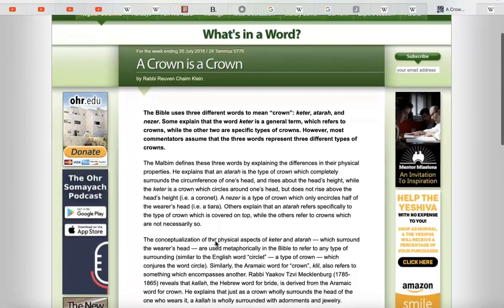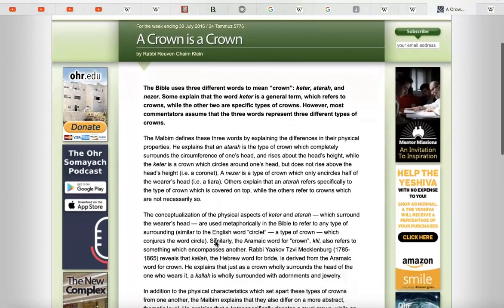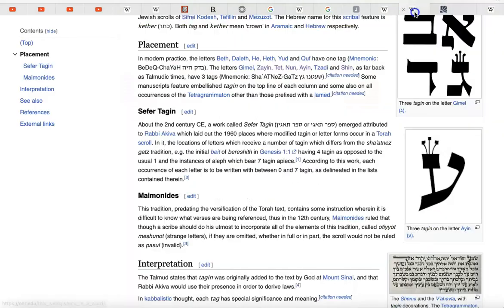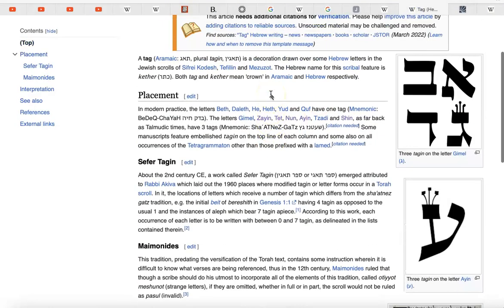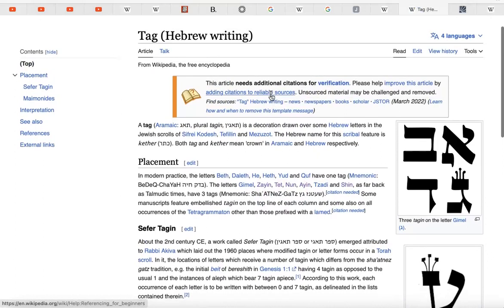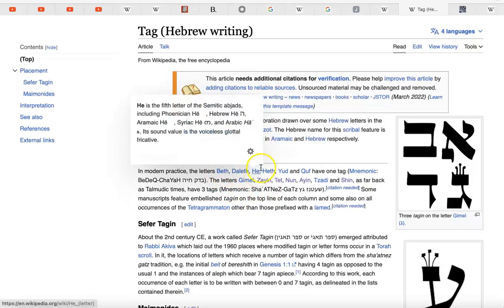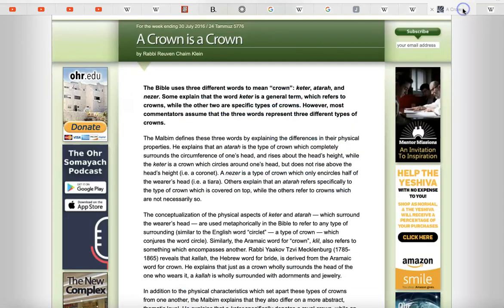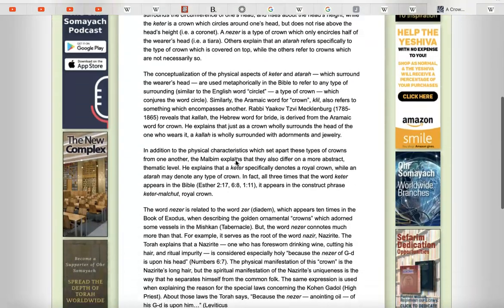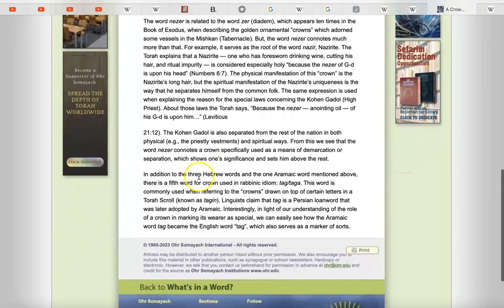And I kind of chose this one because, okay, if anybody would know about this kind of thing with regard to the use of tags in sacred writing, like for Torah scrolls and these 7 letters and these other letters that only have 1 tag and whatever, who would know better than a rabbi? Okay. So you can read this whole thing. What I'm interested in is this here at the bottom. Okay, the last paragraph, and I will read it to you.